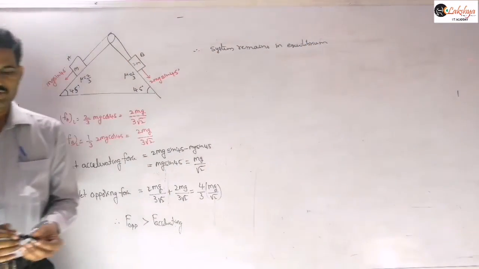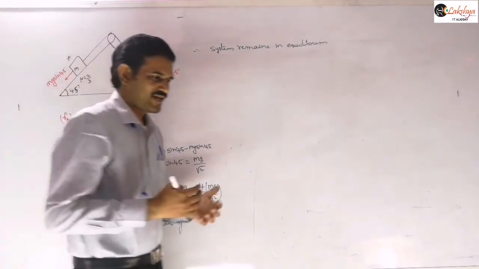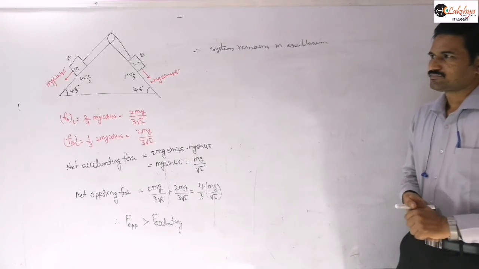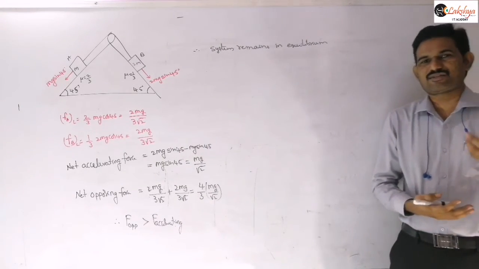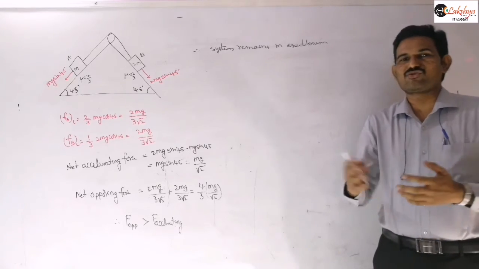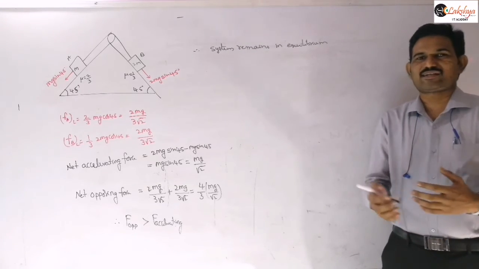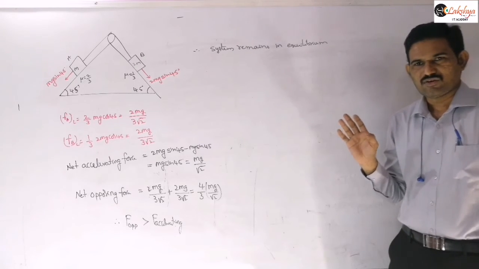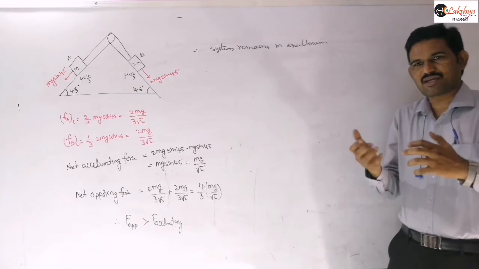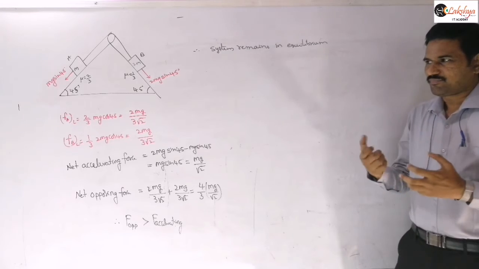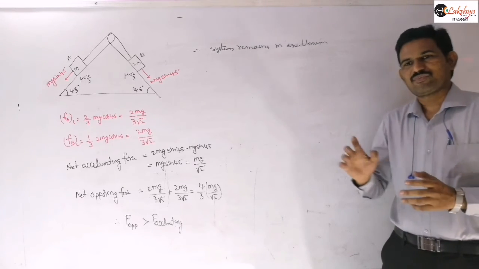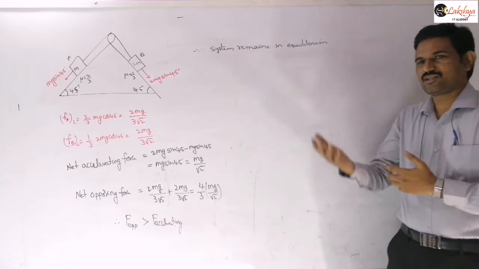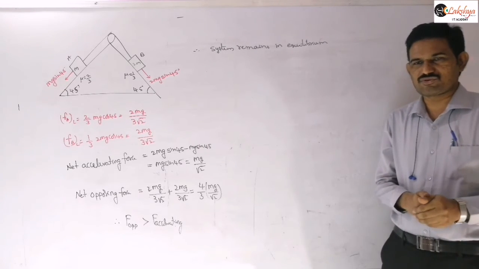As I said, once the system remains in equilibrium, we need to solve it carefully, the same as our previous problem. You need to assume that the frictional force acting on one of the blocks will be limiting friction. Automatically you will get such situations. Whenever such a system is in equilibrium and some external force like an accelerating force is acting on the system, the frictional force on one of the blocks will be limiting friction, and on the other block it will be less than the limiting friction.